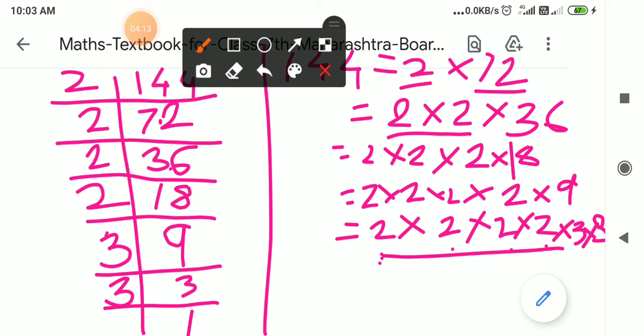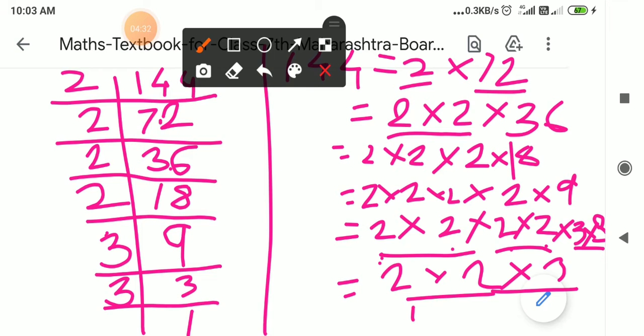Now from these factors, how to find out the square root? Square means 2. Okay, you know that. Means for 2 2s you take 1 2. For the next 2 2s you take 1 2. And for the next 2 3s you take 1 3. So 2, and this 2 2s are 4 and 4 3s are 12. 144 is the square of 12, and that I taught you. Okay, and I told you to learn it also. If you do the multiplication 12 into 12, you will notice that its multiplication is 144 and 144 is the square of 12. Okay, so this is the factor method.